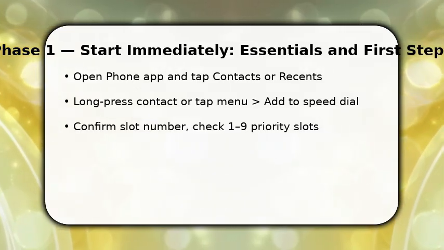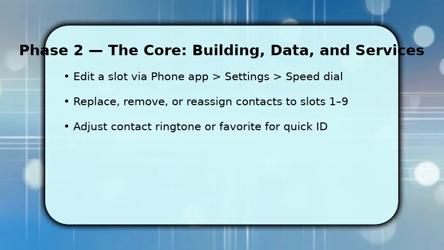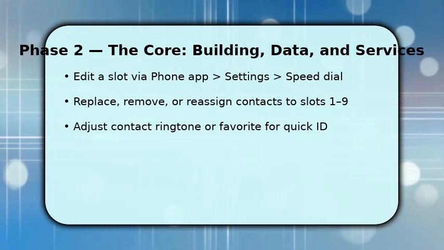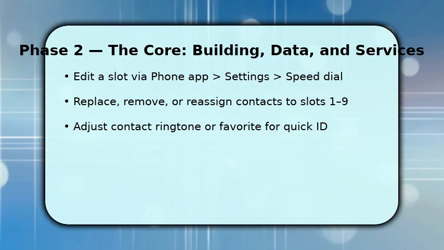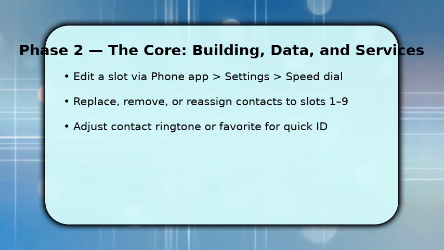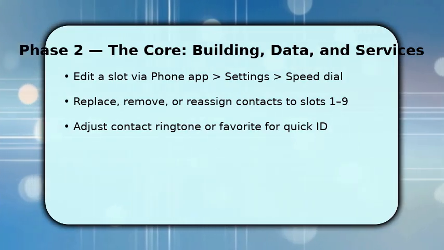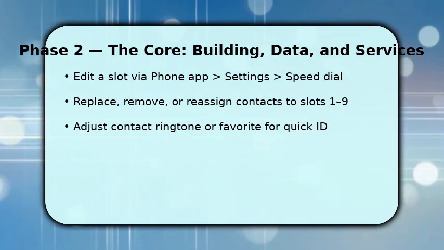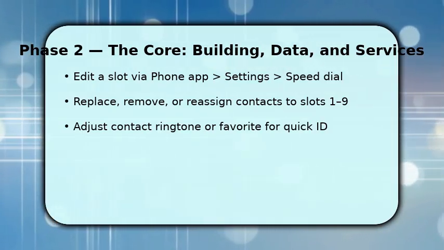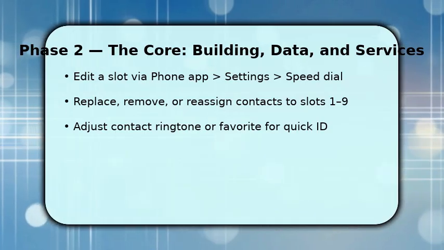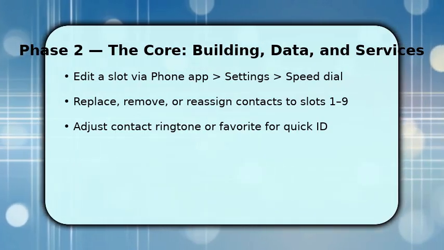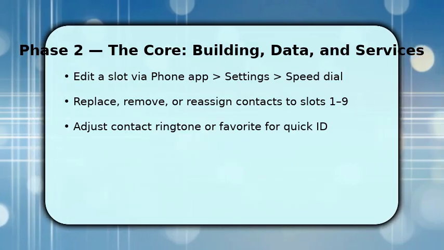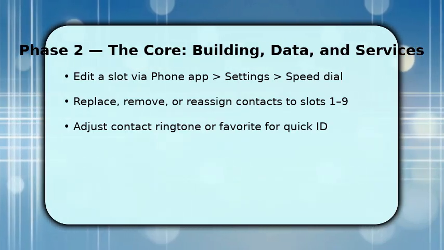Once entries exist, you manage them in phone app settings under Speed Dial. You can replace or remove a contact or reassign someone to a different slot. This keeps your most used people under the best digits. Change the contact ringtone or mark them as favorite so identification is faster when the call comes. Also, make sure to sync changes with your account if you use multiple devices, so your speed dial remains consistent